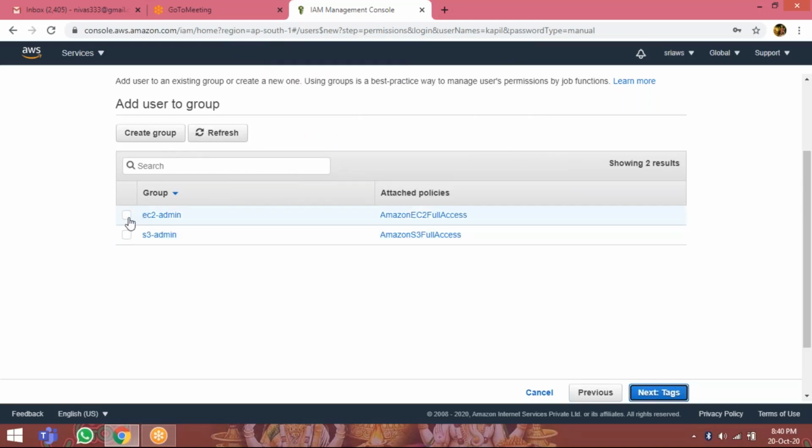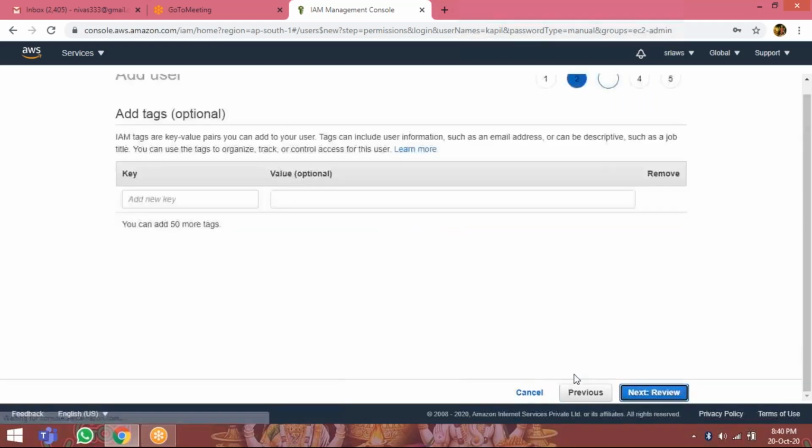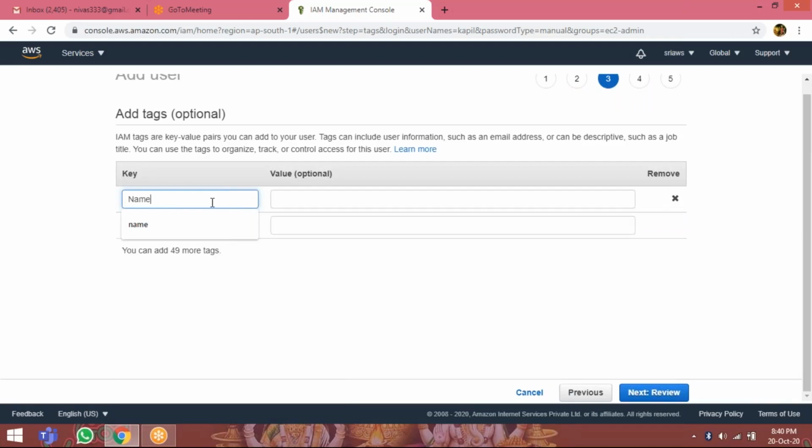So which permission do you want to give? I am going to give EC2 permissions to this user Kapil. Click on add tags. Name, EC2-Kapil. Okay, next to review.